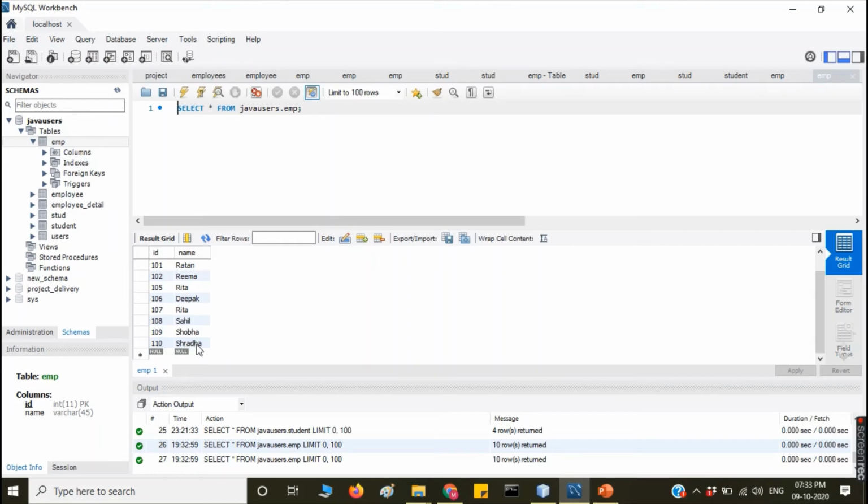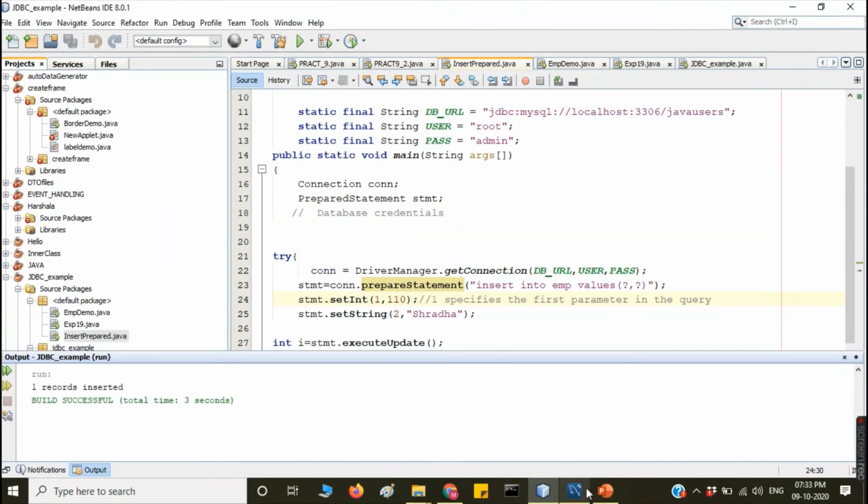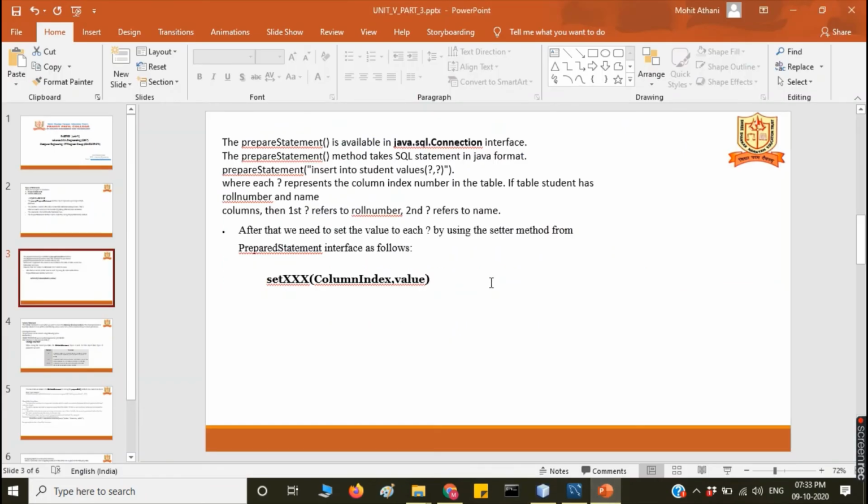That means the values you give in the Java program will be inserted in the database. Is it clear? Yes, students, is it clear? So this is about the prepared statement. While creating the Statement object, no query is passed.